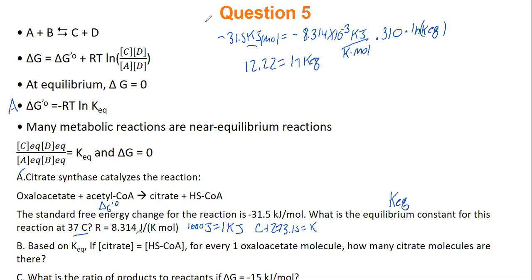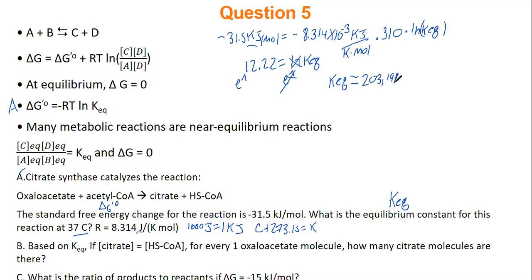Then to get rid of a natural log, you take the exponent of each side. So that's e caret on your calculator. I do the exponent of this side, I do the exponent of this side. Natural log and exponents cancel out. And so KEQ equals e to the power of 12.22. So KEQ is roughly equal to